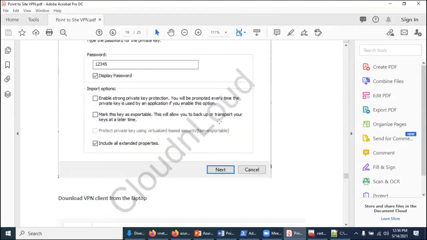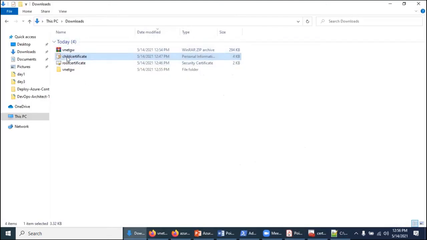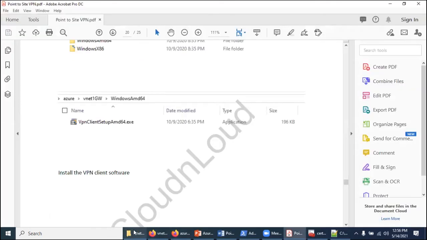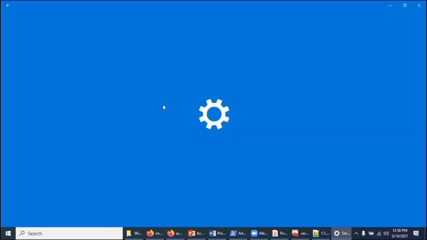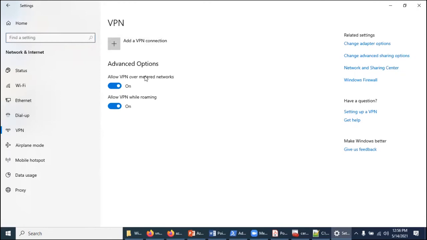Now come down. So there is a folder we extracted, correct? In this, there is an AMD 64-bit installer. So install this. Before installing this, go to your network and internet connections and make sure there is no existing dial-up VPN. Go to VPN. See, there is no VPN adapter now.